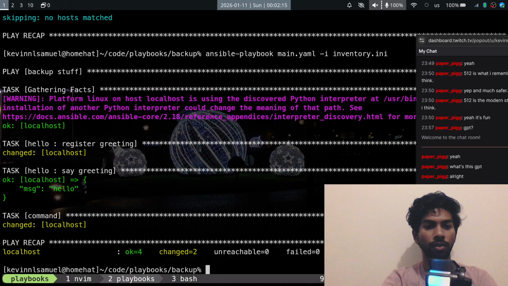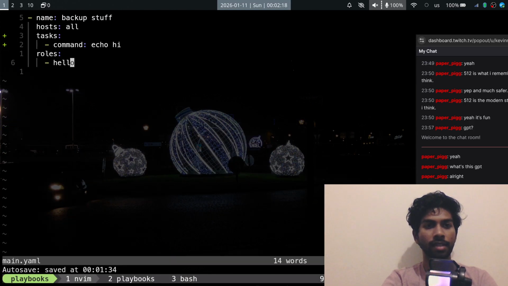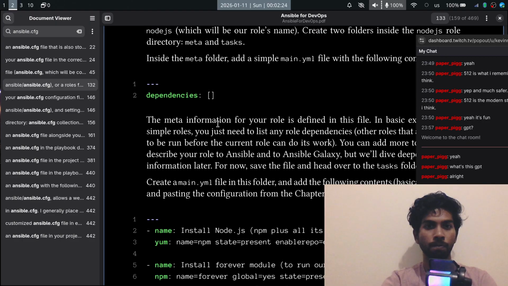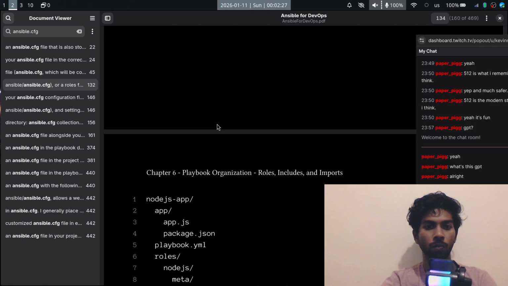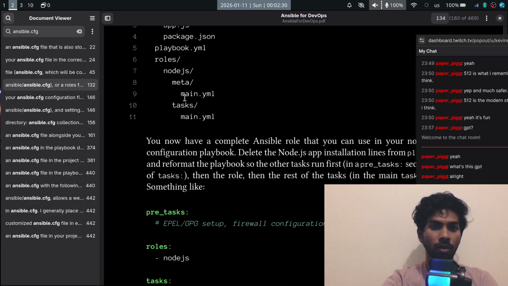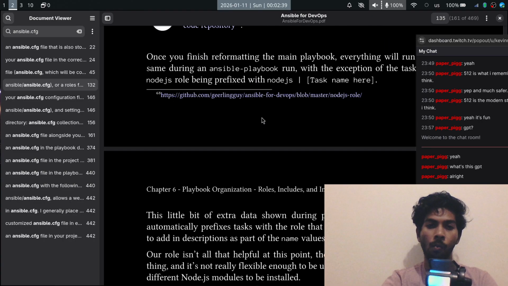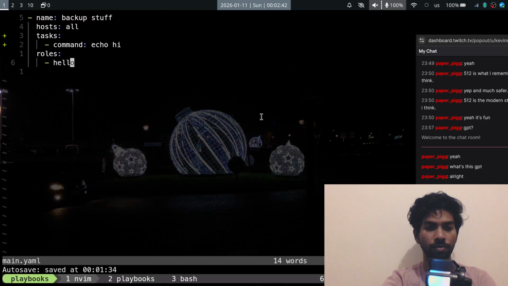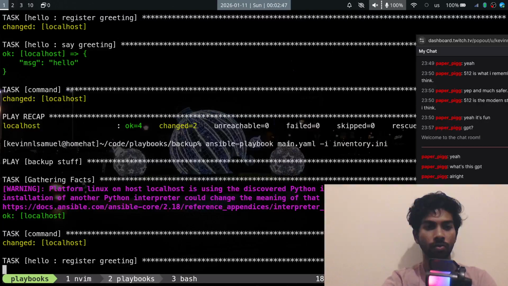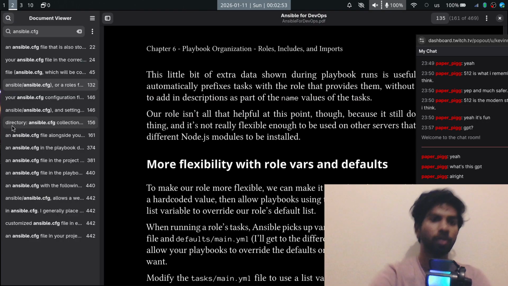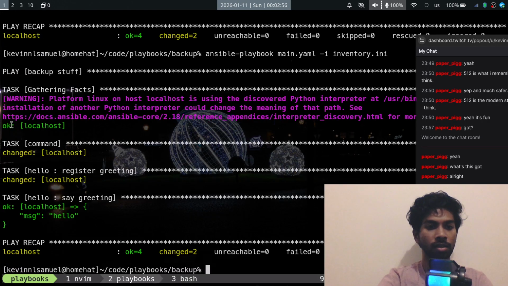Okay. So if I have tasks and roles, tasks run afterwards. How can I change that? Or I just create another role. Oh, I could do pre_tasks. Would that work before roles? Hmm. Okay, pre_tasks runs first. Cool. So if I were to do pre_tasks,